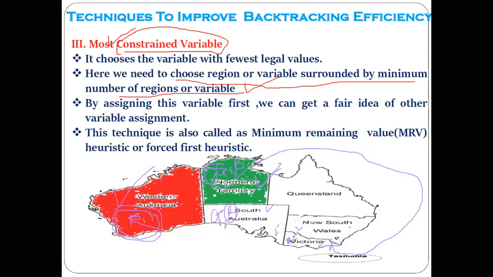Now, which color can you give here? You can give the red color easily here. Yes? Yes, sir. So after giving the red color here, you have to see its neighbors, this and this. Now for this neighbor, which are the fewest legal values for this region? You have to see the fewest legal values for this region after giving the red here. After giving the red here, which values remain, which value we can use here and which value we can use here.